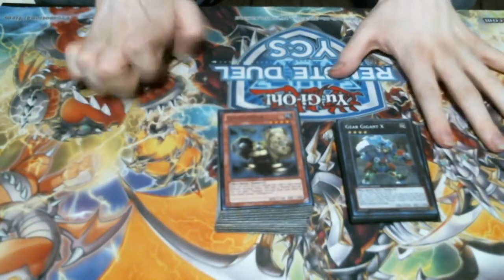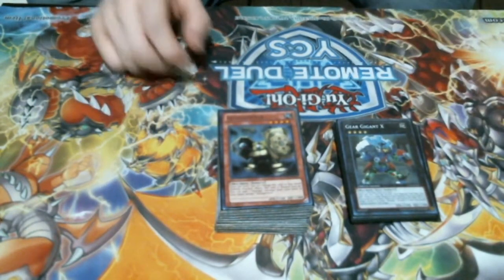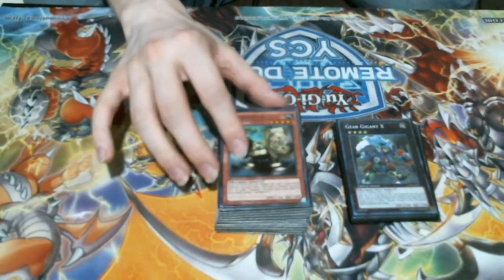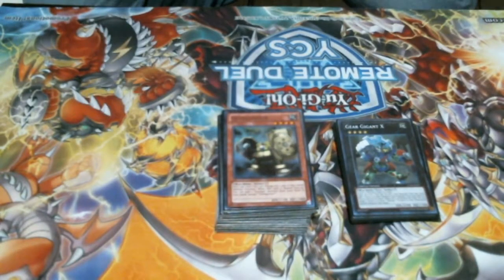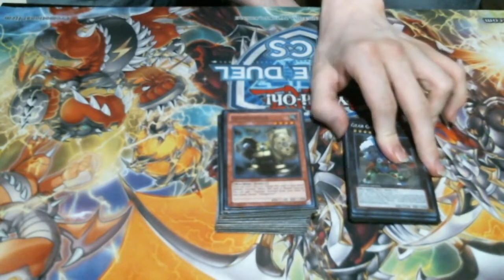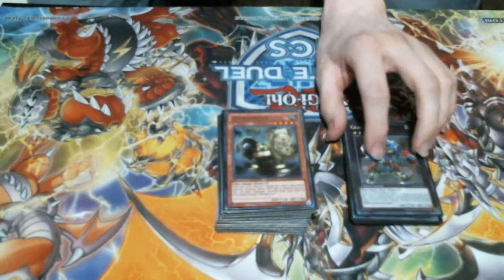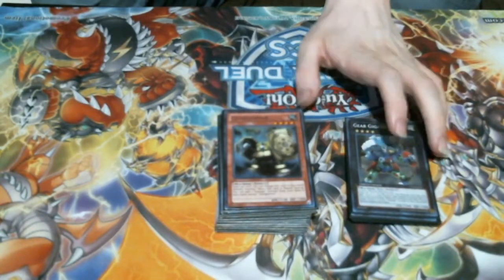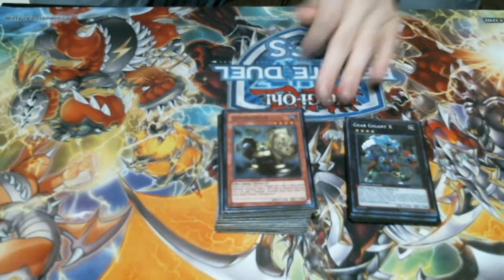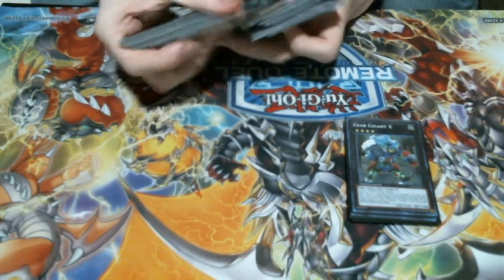Because my performance so far in the Mortal Attack Monthly is that I'm 2-2. I won the matchups where people didn't have cards specifically to kill Geargias, or built a deck specifically to kill Geargias. So against the decks that weren't specifically trying to kill my deck, I won. And that's just because the sheer OTK potential of this build is amazing, and its grind game is not too bad. And honestly, the Draco Sack combos are pretty...